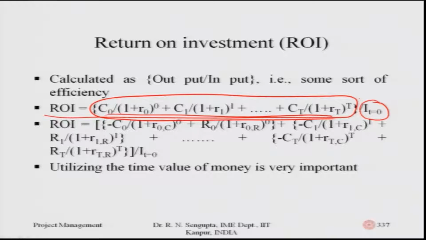Similarly, minus C 1 divided by 1 plus R 1 comma C to the power 1 is for the present value of all the cost, again being calculated at time t is equal to 0, and all the negative values basically signify that. If I go to the positive terms, which is basically R 0 divided by 1 plus R 0 comma R to the power 0. Similarly, the second term is R 1 divided by 1 plus R 1 comma R to the power 1, correspondingly all these things. So, add up all those values, divide by investment, which I again consider is happening at time t is equal to 0, which is I suffix 0, and then I find out the